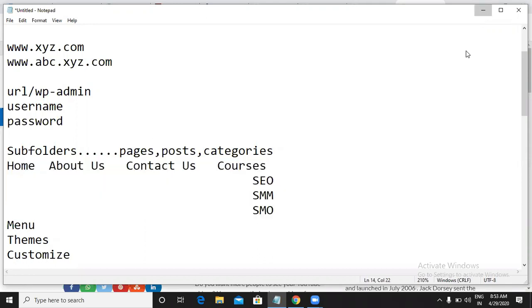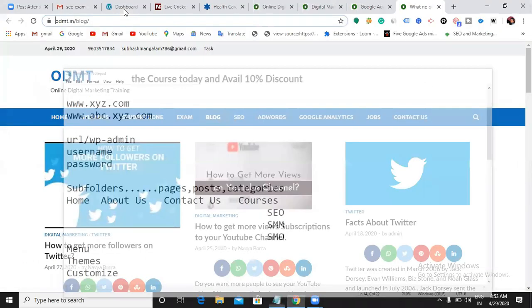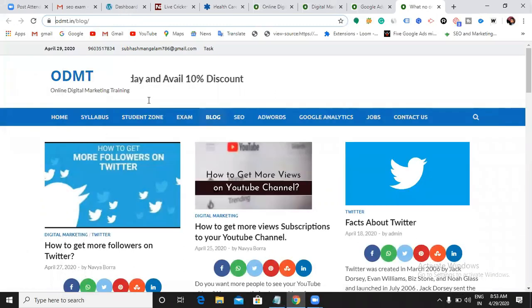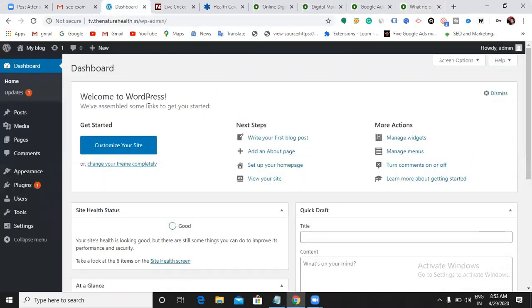Now let us get into the dashboard and create pages. So now you are a digital marketer. Please start exploring each and every option you see here. When you start exploring, only then do you learn something. Now let us see where the option called pages is present. Can you see the pages option here? Just go there.